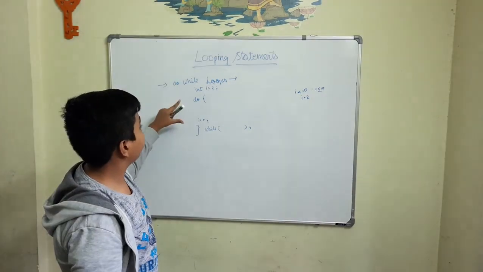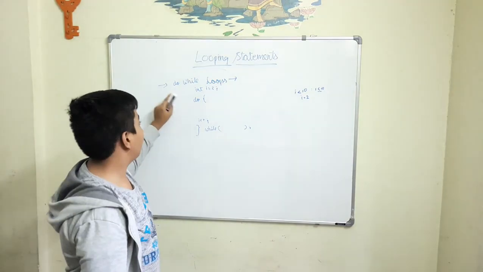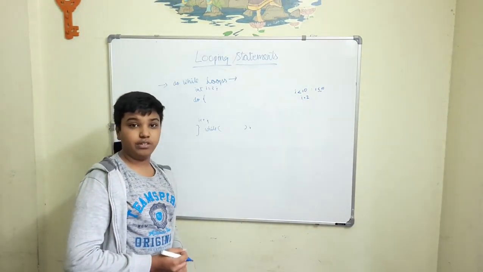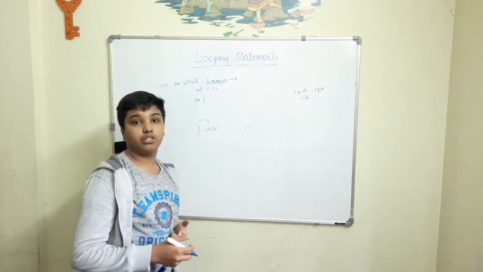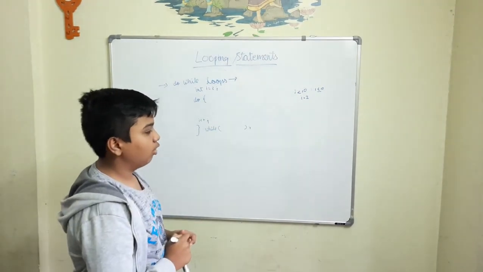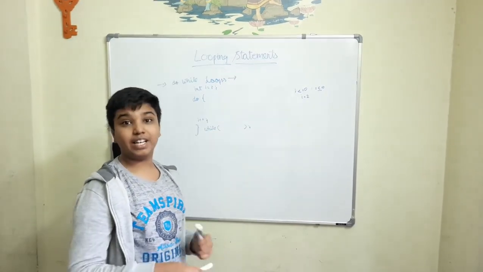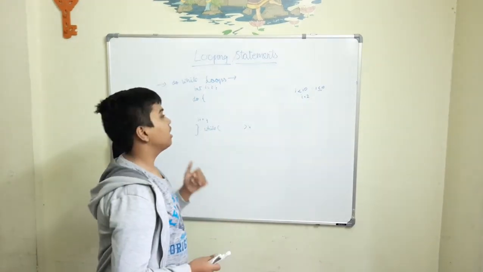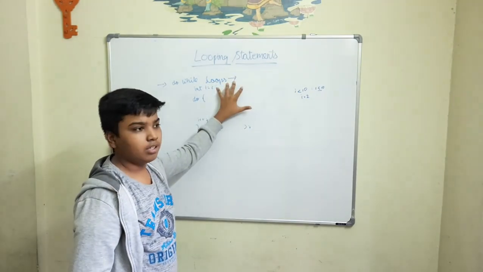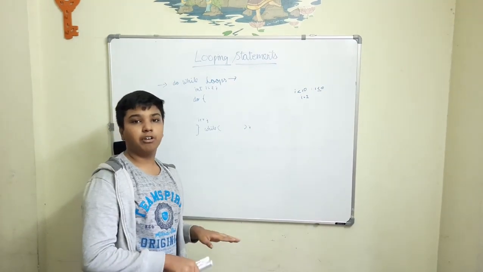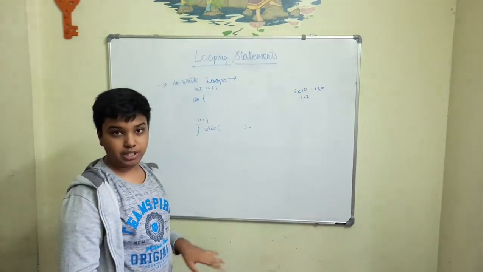The difference between the do while loop and the while loop is that the do while loop will execute at least once, even if the logic is wrong. For example, in the while loop, if you have a statement I is less than 10, but you initialize it to a value of 11, it checks the condition first. At checking of the starting condition, it becomes false. So it will just exit the loop just like that.